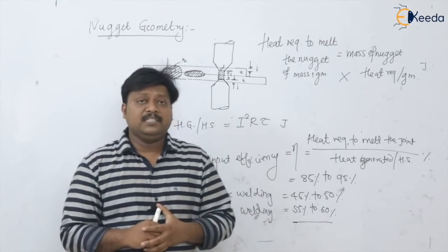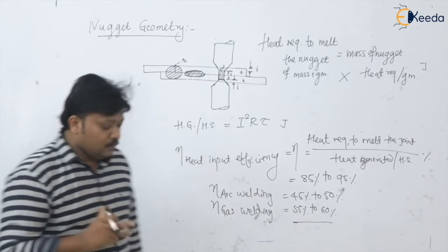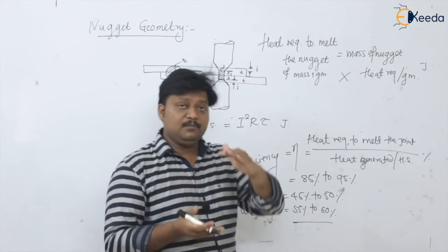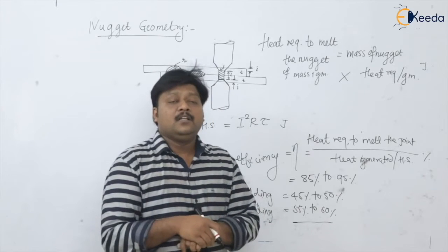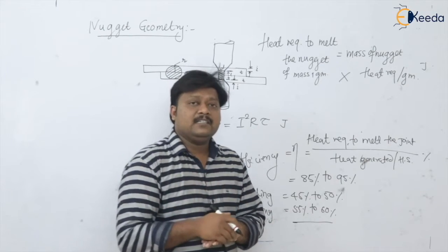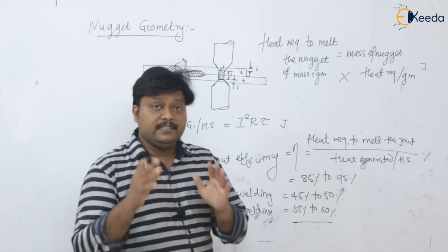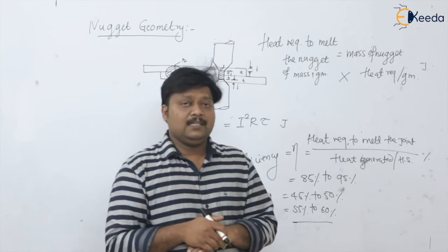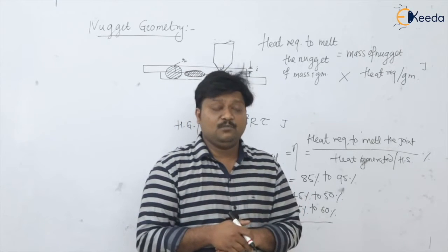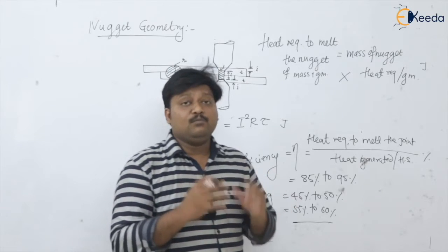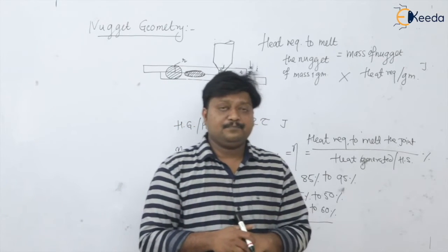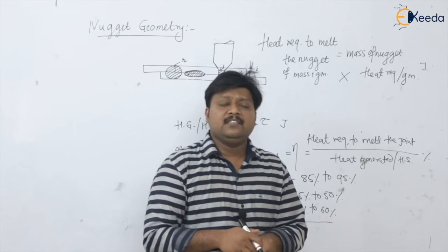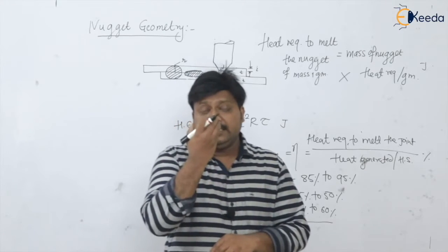Very important, please remember this. Every time I am talking about the contact area between the tip of the electrode and the surface, we want the variation in the diameter of the electrode. We are not talking about the length of the electrode. Why? When we go on increasing the length of the electrode, buckling of the electrode is possible. Okay, so this is the thing for balancing of the heat or heat generation for getting good strength of the spot weld.